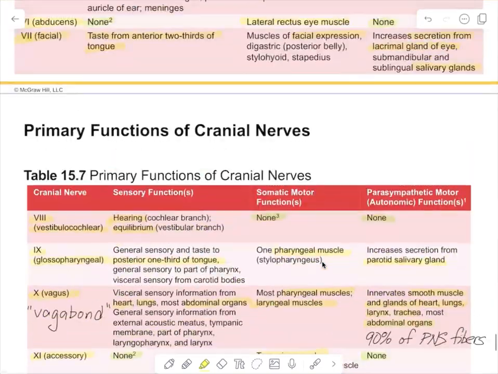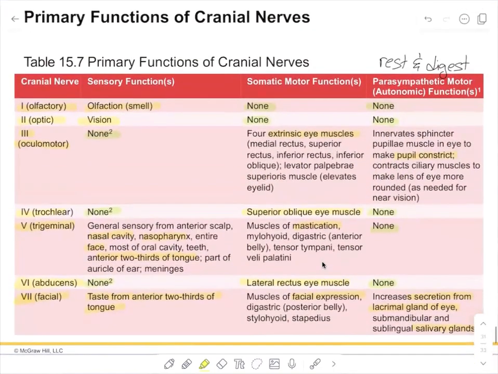I know this is a lot to remember, so there are a lot of memory tricks. If you just Google mnemonic and cranial nerves, you'll find one. One that I like to use is O once, let me write it over here. O once one takes